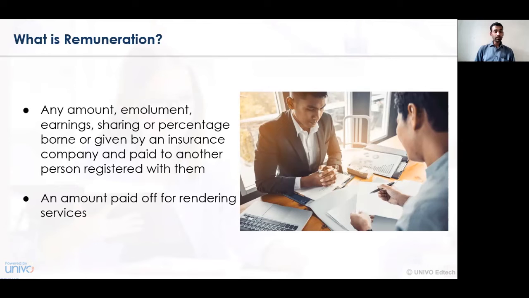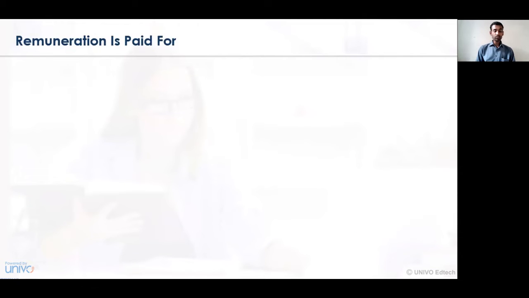The amount which is paid to an individual person by an insurance company is called the amount of remuneration. And this amount of remuneration may be either the earnings, emoluments, a particular portion or a certain percentage out of the profits or out of the sale proceeds that an individual person has been undertaking. Now, for what is remuneration being paid? The remuneration is paid for conducting a transaction or the business at par level. That is the different modes we'll be looking into.